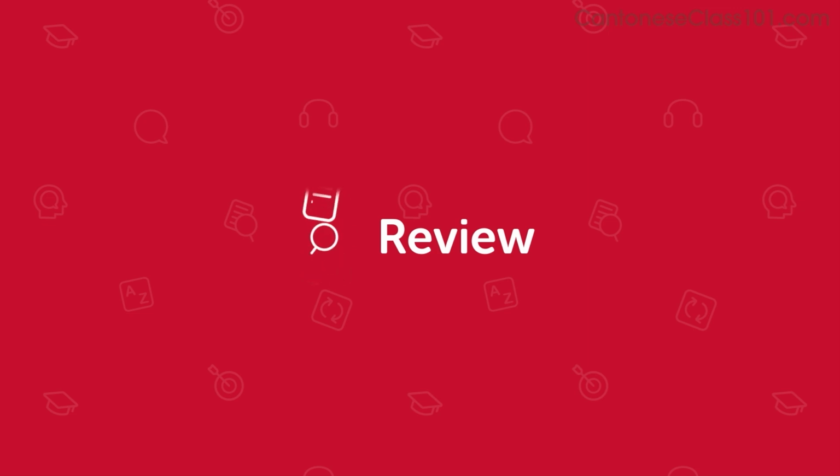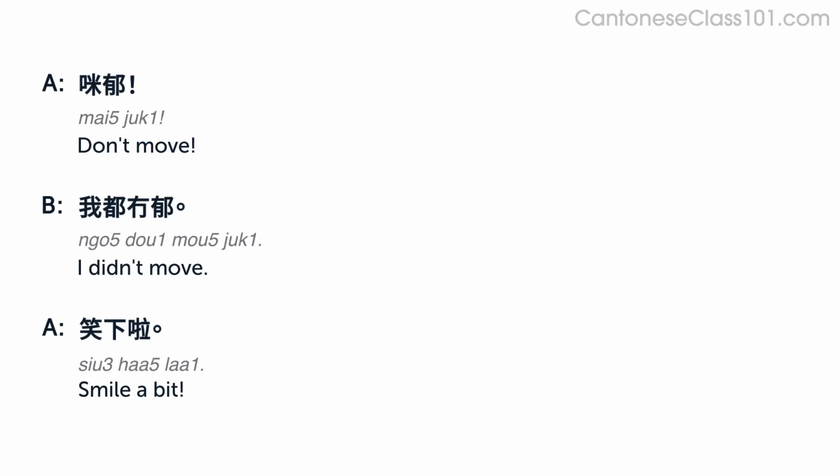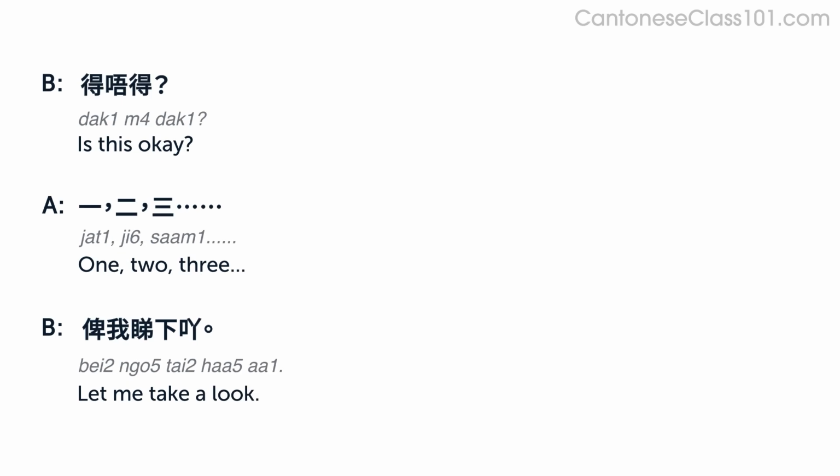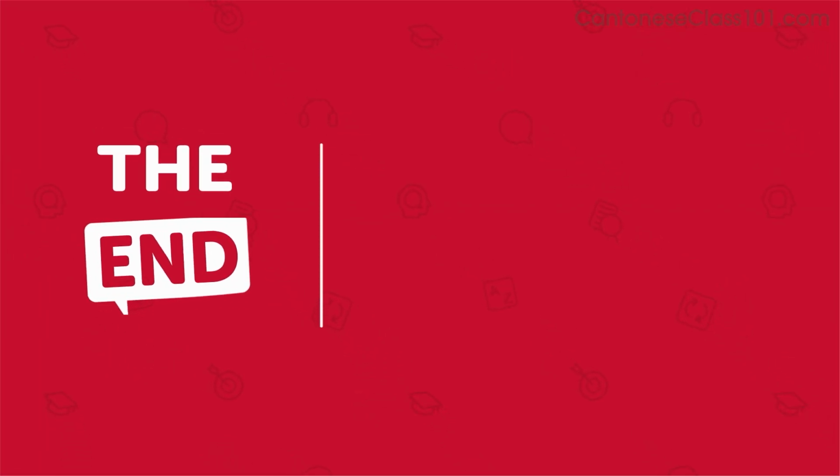Finally, let's review the dialogue again. See if you can understand more this time. 咪喐， 我都冇喐， 笑下啦。 得唔得？ 1、2、3。 俾我睇下。